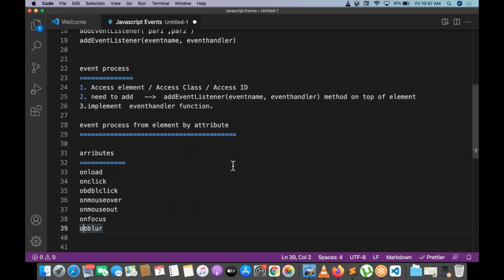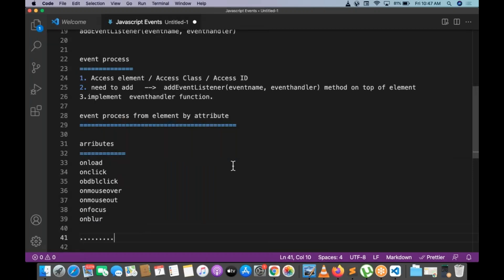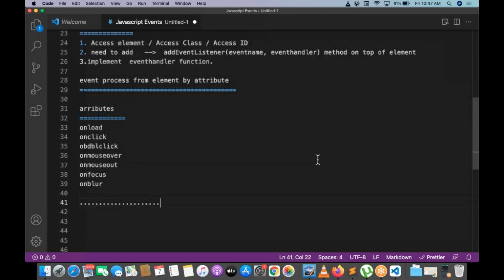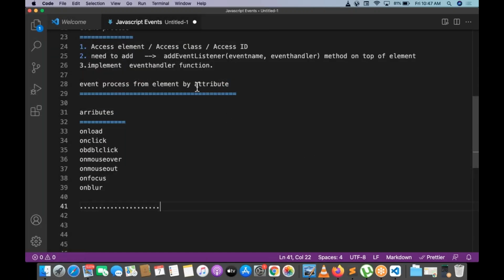So we need to give "on", which is important here. Every time we need to add "on" for each and every event. So these are the multiple kinds of attributes available, and this is the event process from element by attribute.